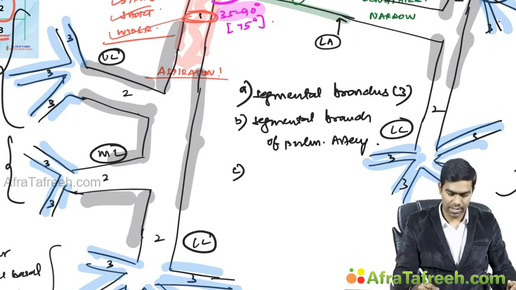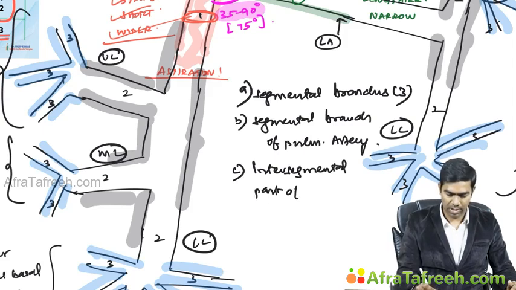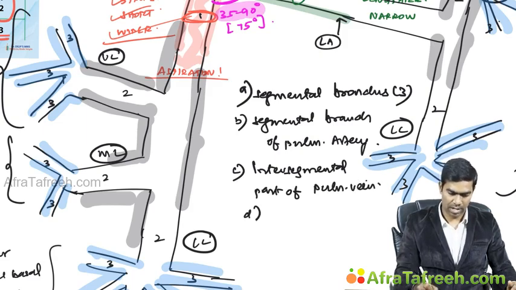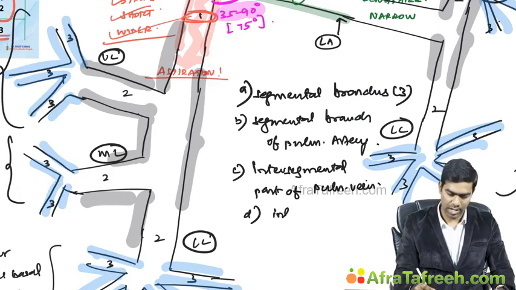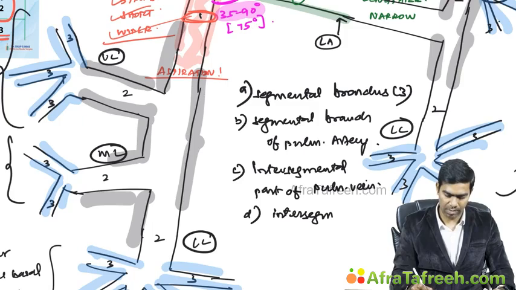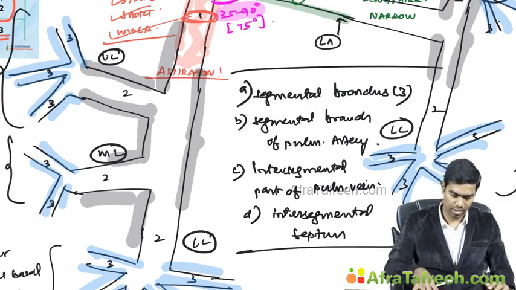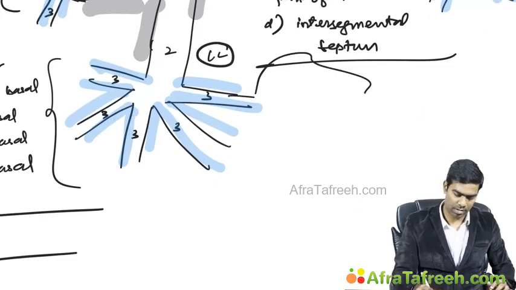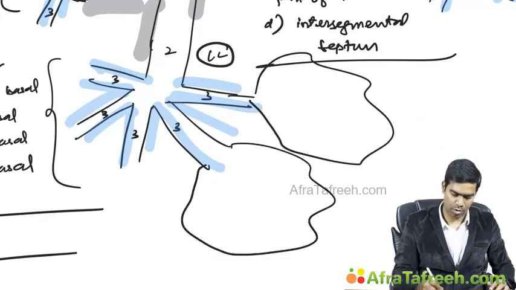And they are drained by a separate intersegmental part of the pulmonary vein. Typically they are surrounded by a connective tissue septum called the intersegmental septum. So which means if I draw two bronchopulmonary segments here,